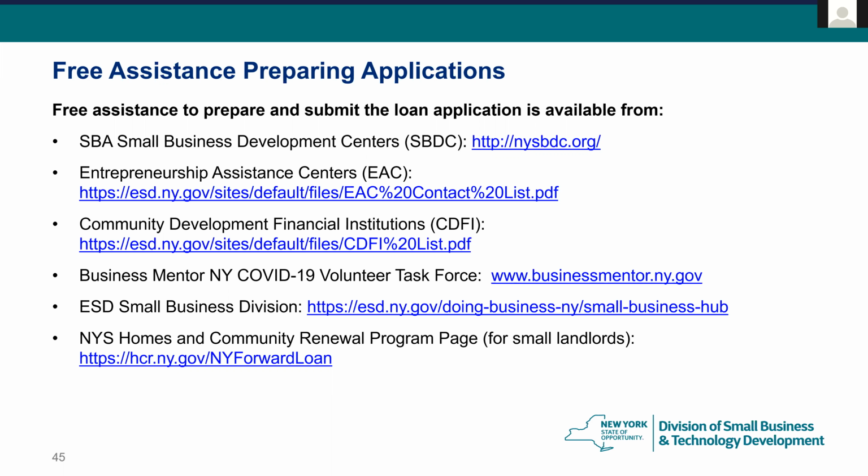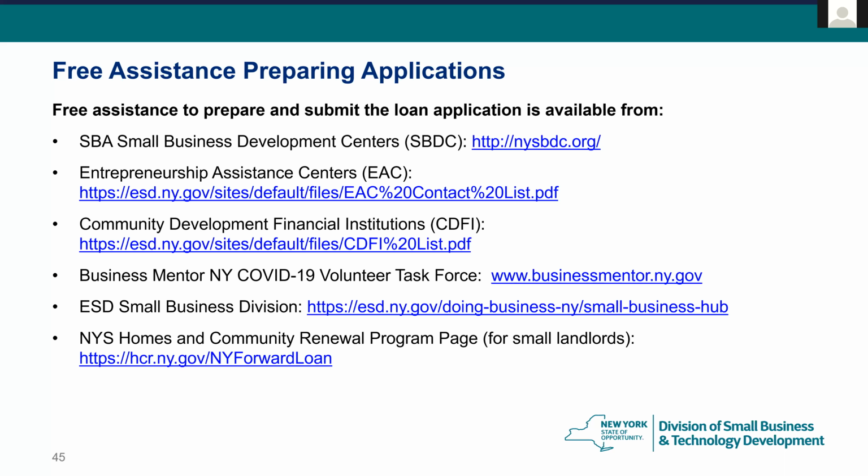There are other community development financial institutions around the state, and I believe there's probably at least 70 of them that are part of a network that received funding to help people with business plans and collecting documentation for loans,